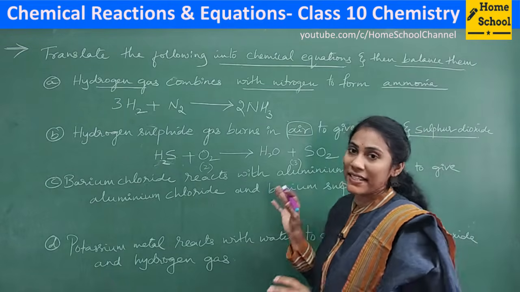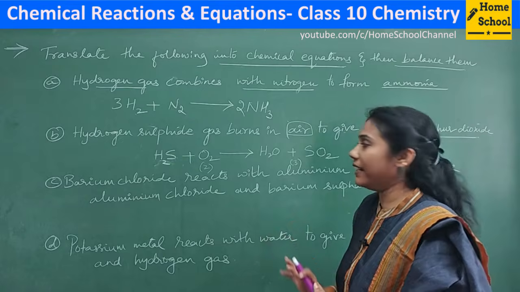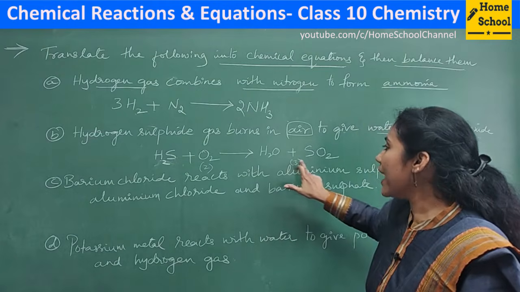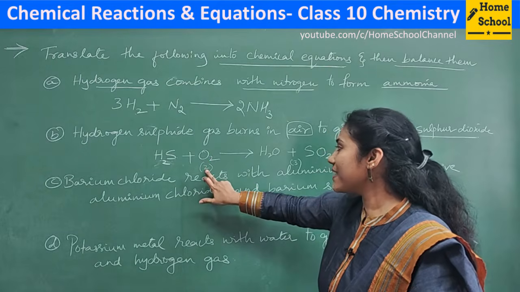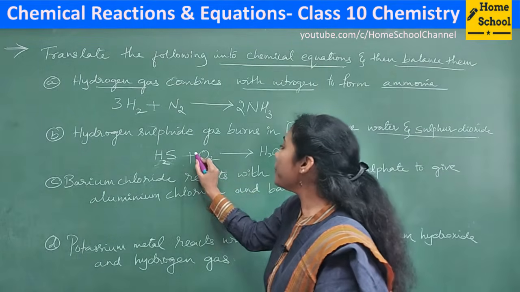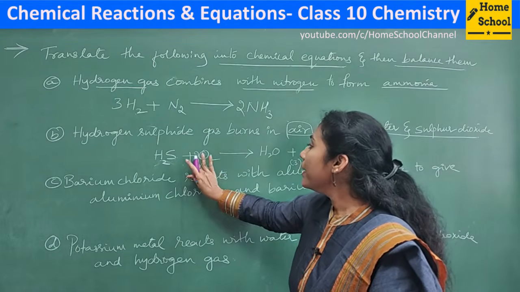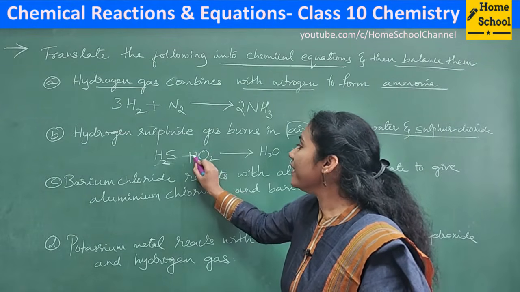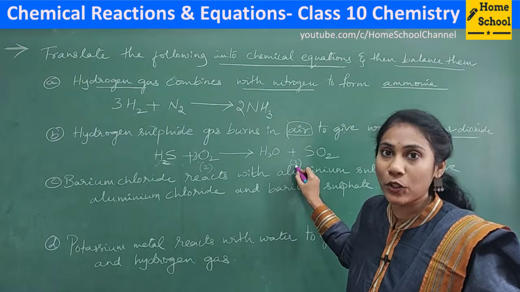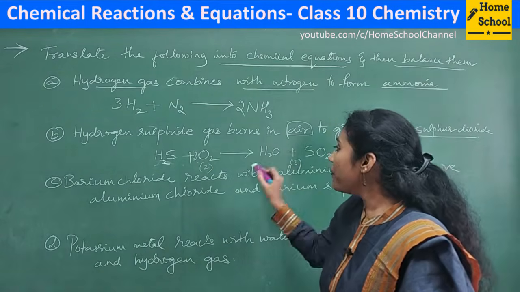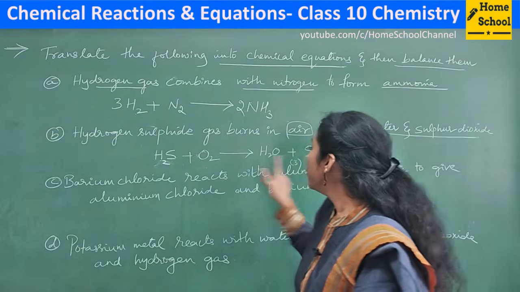So in this case, one simple technique I will teach on how to balance easily. Say oxygen atoms in the product side, 3 are there; oxygen atoms in the reactant side, 2 are there. If you put a digit 2 here, 2 into 2 becomes 4. If you put a digit 3, 3 into 2 becomes 6, but it should become equal to 3. No, it's an odd number. So when this odd number situation comes, you know what you can do.